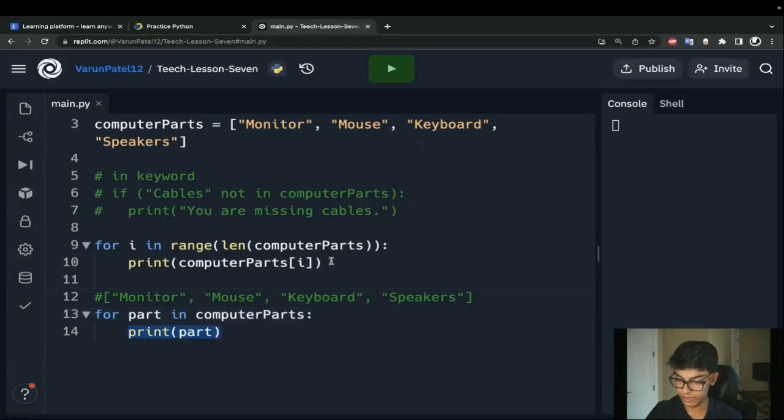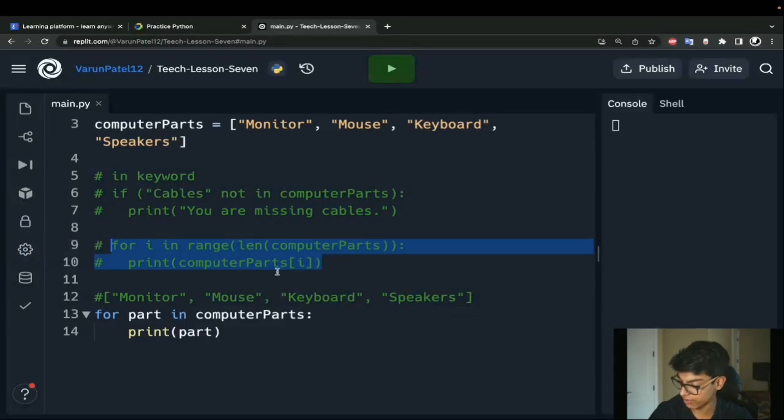So that's how we're able to skip having to worry about indices and stuff like that. Does that sort of make sense? And that part variable directly points towards something like this. Can you print it out? Yeah, let's do it. I'm actually going to comment this first for loop out, because we've done this a couple times now.